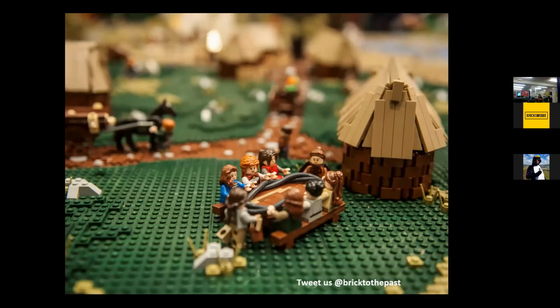And this is actually a really important part of our model creation, because what we don't want is just a series of buildings and landscapes that are sterile, which might be fine buildings in themselves. But actually where you engage people in the history is in the way you use your minifigures. And what I always say is it's quite important when you're building a model like this to tell a story,